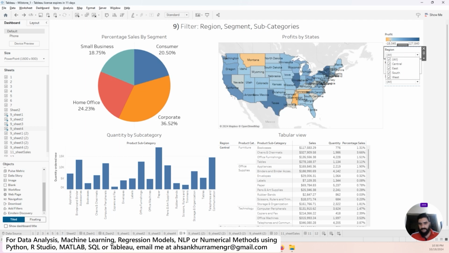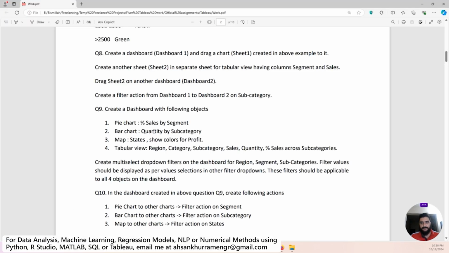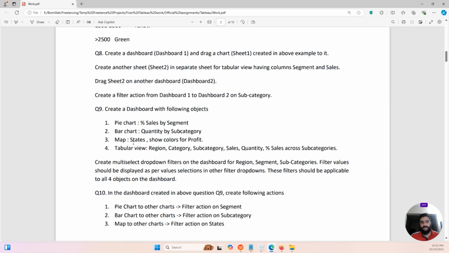That being said, let me briefly go over the problem statement here. We need to create a dashboard with the following objects: a pie chart with percentage sales by segment, then a bar chart that quantifies by subcategory. Then we also need to create a map where we show states, colors, and profit in the form of colors, but we will also visualize a specific sum total value for a specific state. And then finally we will display a tabular view where we display regions, categories, subcategories, sales, quantity and